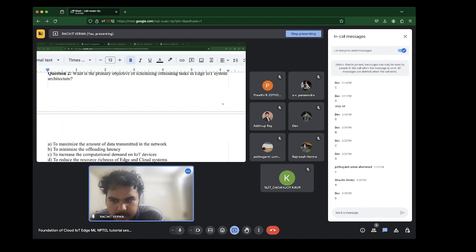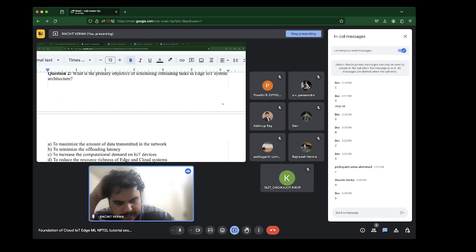Okay, so B is the answer, to minimize the offloading latency.